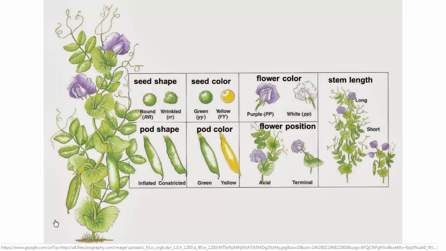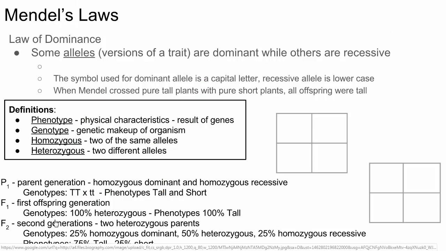Now, I should say, and we'll talk more about this probably tomorrow, that human genetics and genetics of most organisms are much more complex. There really are very few traits that are just a simple dominant, recessive, that are inherited in these very clear patterns. Many traits of most organisms are controlled by multiple alleles and multiple genes, and the inheritance is much more complex than we make it sound. So these are some simplified rules that apply in certain situations, but they don't really apply in other situations because there's more complexity.